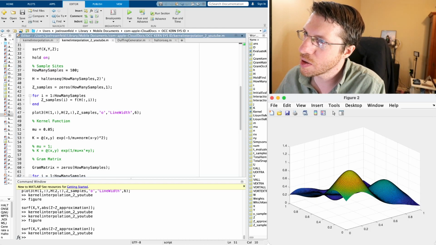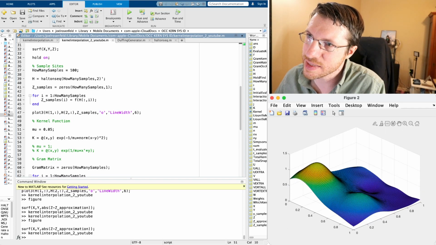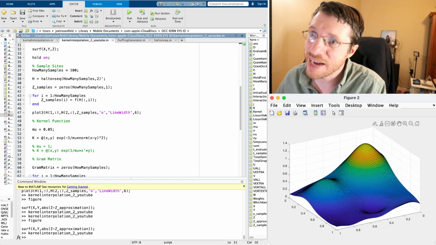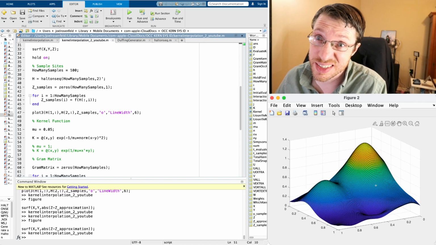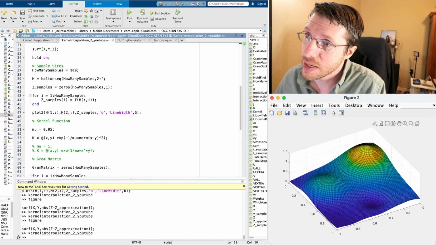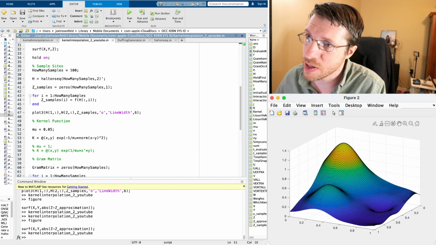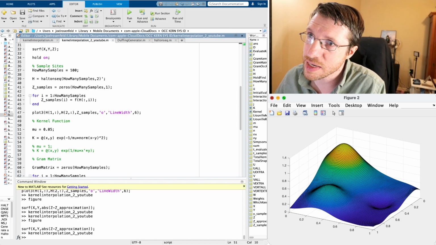Okay, so our approximation, yeah, that's much better. This is our approximation, and I have to tell you it's my approximation because the approximation is really, really good. And it seems we got rid of those weird towers on the edge that seemed to be off. And if we go ahead and take a look at the error,